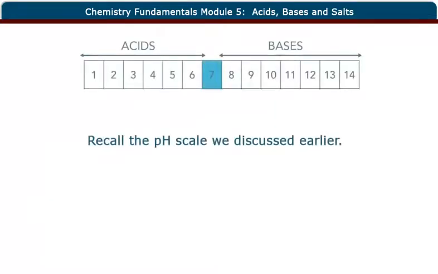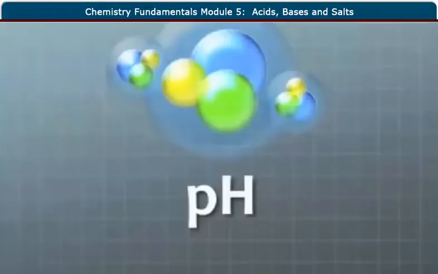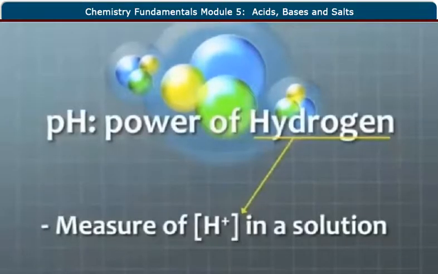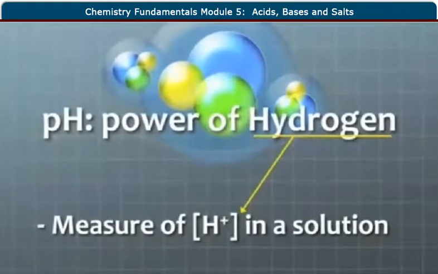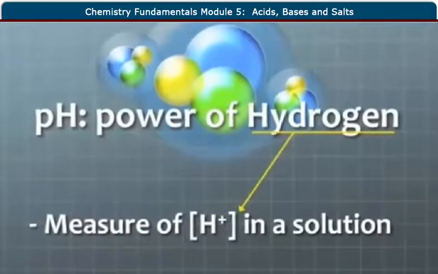Recall the pH scale we discussed earlier. We'll now discuss where those numbers come from. The letters P and H stand for the power of hydrogen. However, that's not important. What is important is that pH is the measure of the hydrogen ion concentration in a